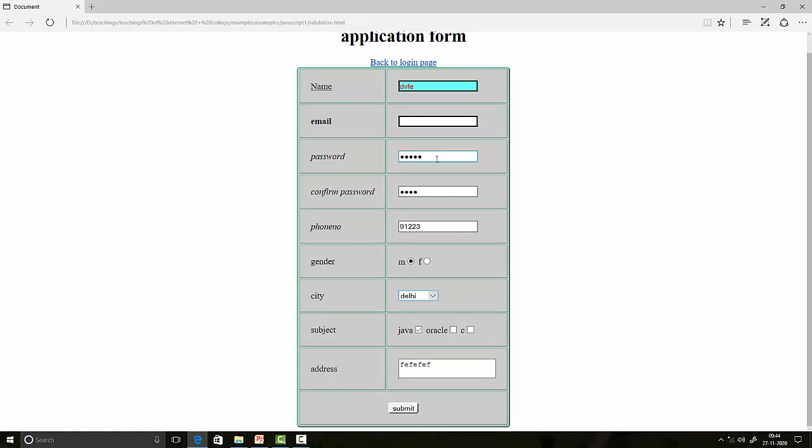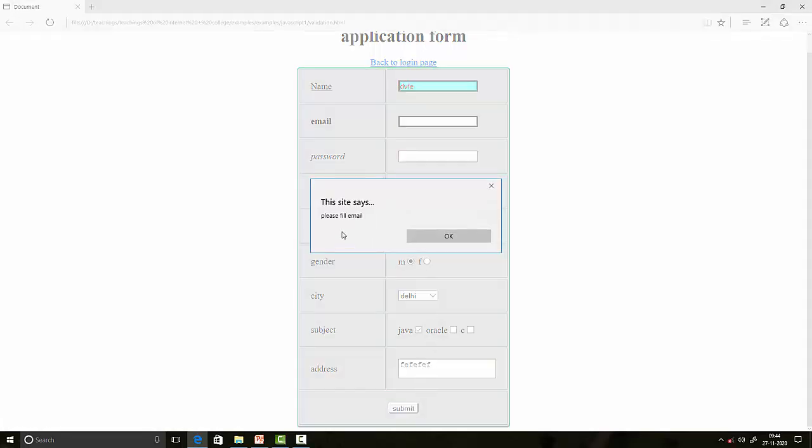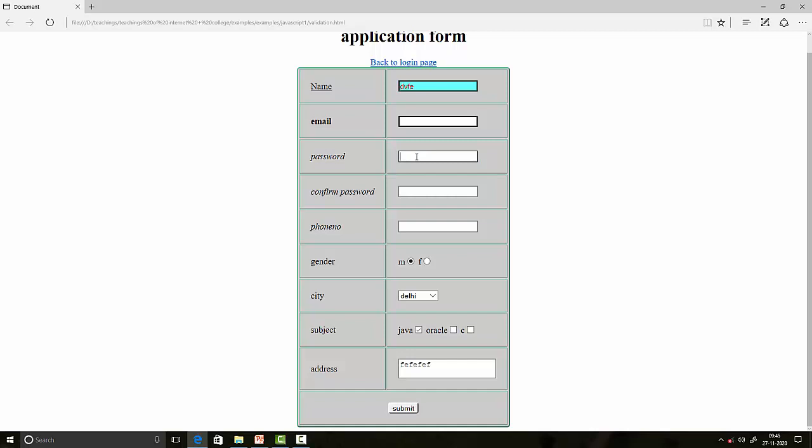This is an application form where we put the names and all those things. If I remove this and then try to insert, an alert shows: please fill the email. So we also have to fill the email, and then the password.